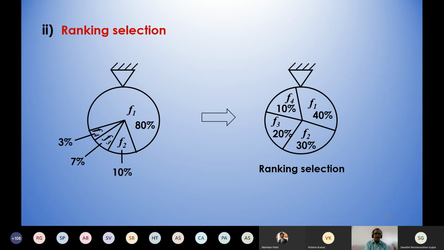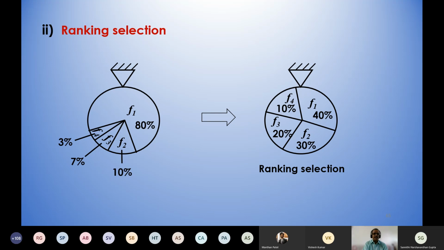Supposing that I have got in the initial population of solutions, 4 solutions only, and their fitness values are F1, F2, F3, and F4. The values of the fitness is such, F1 is 80% of the total fitness, F2 is 10% of the total fitness, F3 is 7% of the total fitness, and F4 is 3% of the total fitness.